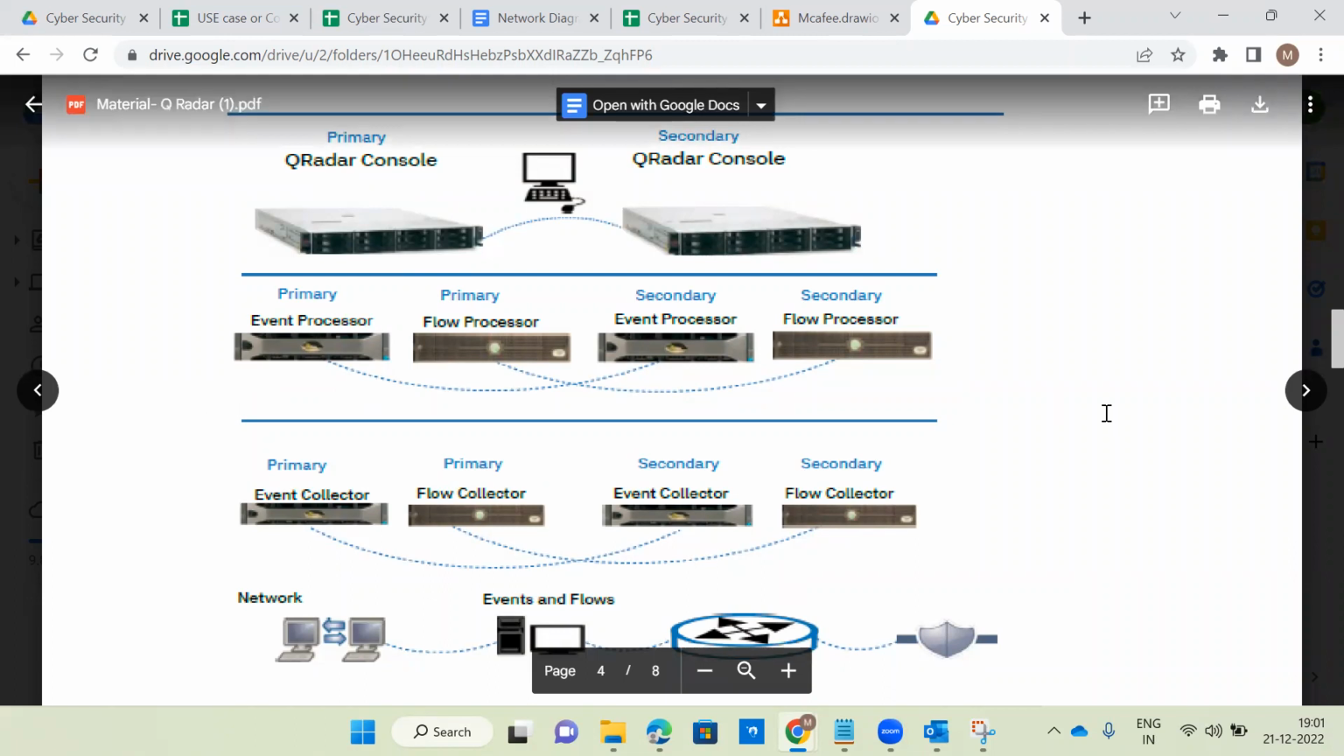So this is about the high availability part. This is not only applicable to the IBM QRadar concept. This concept is applicable to every SIEM tool, not only QRadar. So for every SIEM tool, deployment of high availability is this one. Okay. Now coming back,